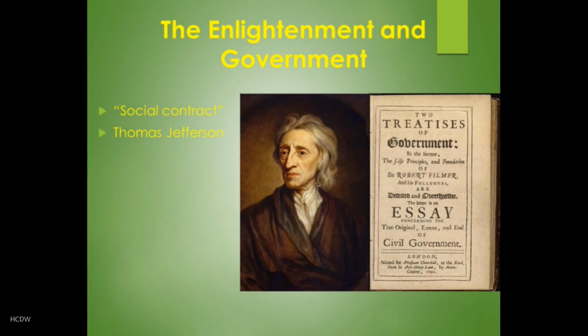Enlightenment thinking also led many philosophers and writers in Europe and eventually in America to reconsider the relationship between the ruler and the ruled. Enlightenment thinkers viewed this relationship as a social contract, which might be most associated with the writer John Locke and his essays on government. In this relationship, power should work for the betterment of those under the rule of those governors rather than behaving like so many of the ruthless dictators in history.